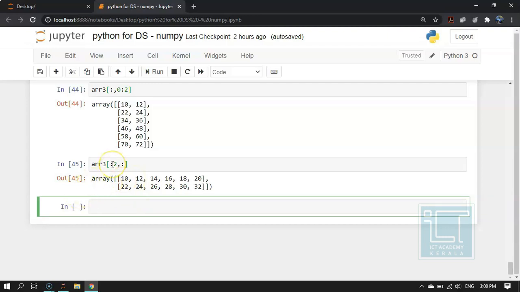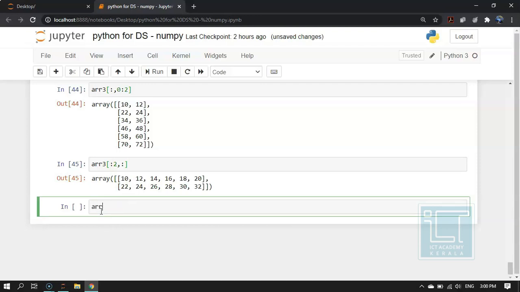So this colon denotes from the beginning to 1 minus this in case of rows, and after comma you have the columns. So this colon represents all the columns. So you have to be very careful when you use commas, colons and brackets while taking out data from an array, because each time the function of all these varies.